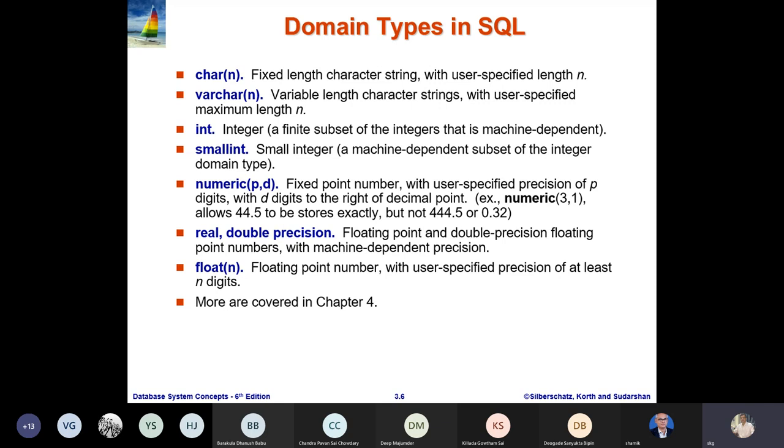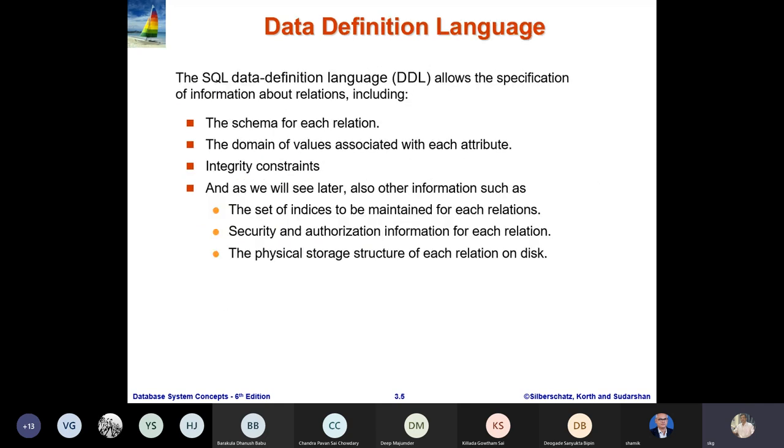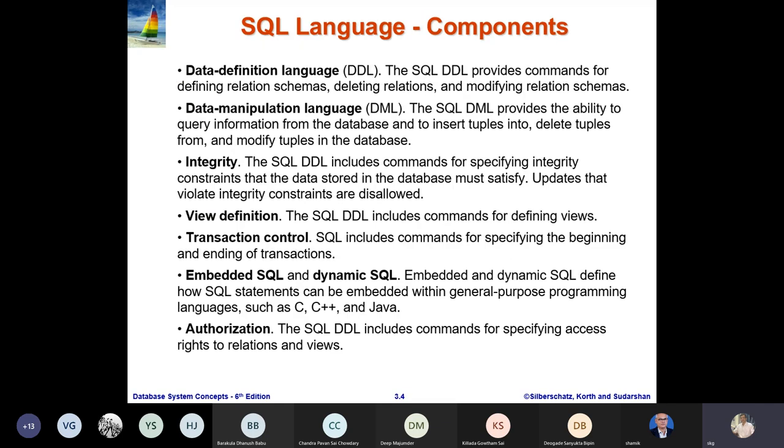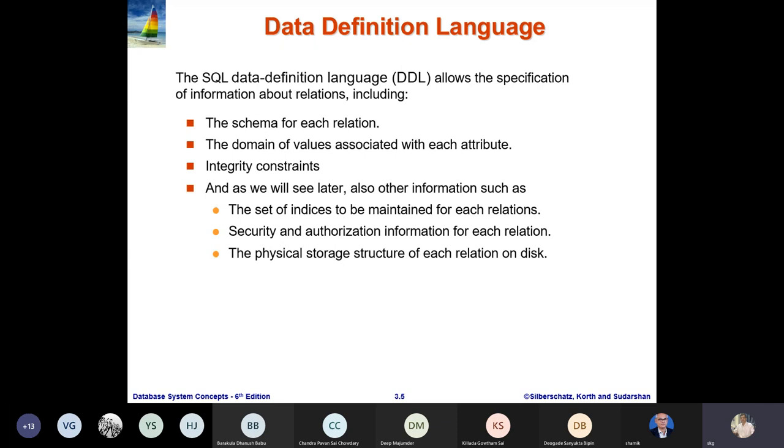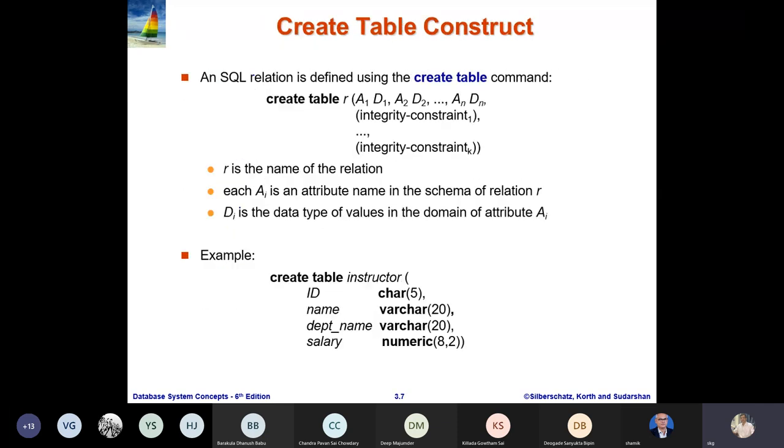Okay. So these are the different domain types when you try to define this using DDL. It provides for defining or modifying the relational schema, etc. So